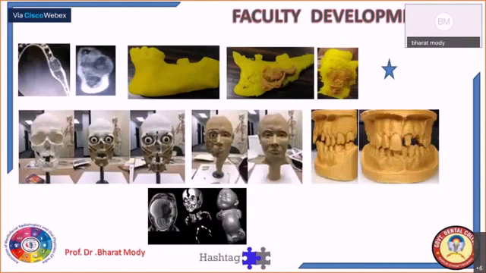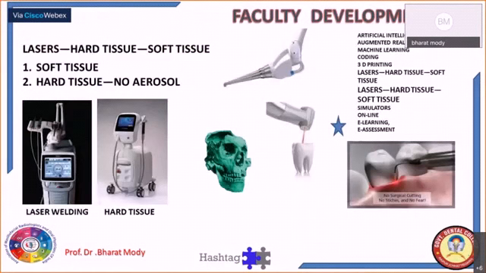That is also there. In forensics, you can build up the face of the person for identification. Antemortem and postmortem models can be done. Even the fetus can be created by 3D printing, and you can do age estimation of the fetus also,